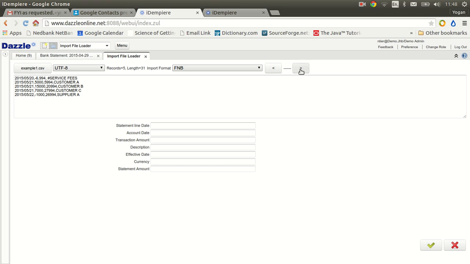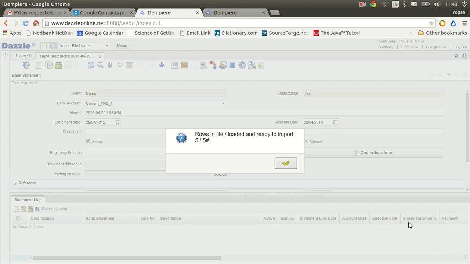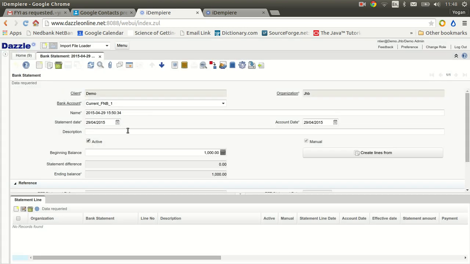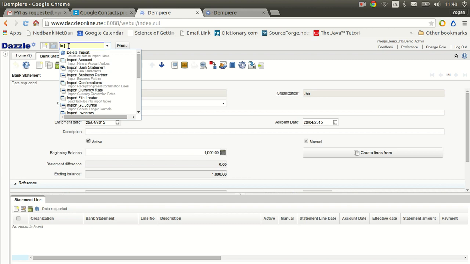It is good practice again to just scroll through the records and see more or less that the information is correctly transferred from the file into the format that we've specified. In this case, it does look fine. Importantly, note that there's 5 records that we want to import. Let's go ahead and do that, and then those records should be in an interim